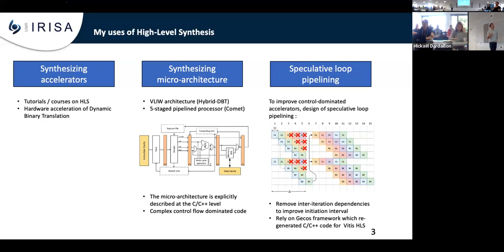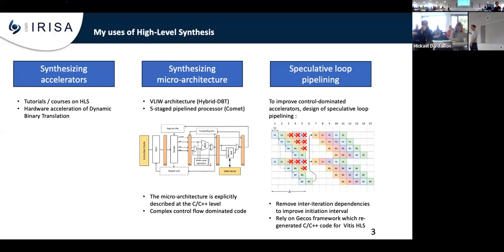So the idea, again, is to try to improve the performance of high-level synthesis on control-intensive applications. And what we propose is to do some speculation when we are doing loop pipelining. So sometimes if one of the paths is long and another one is short, the idea is to speculate that we will use the result of the short path to start the next iteration. So just to say that